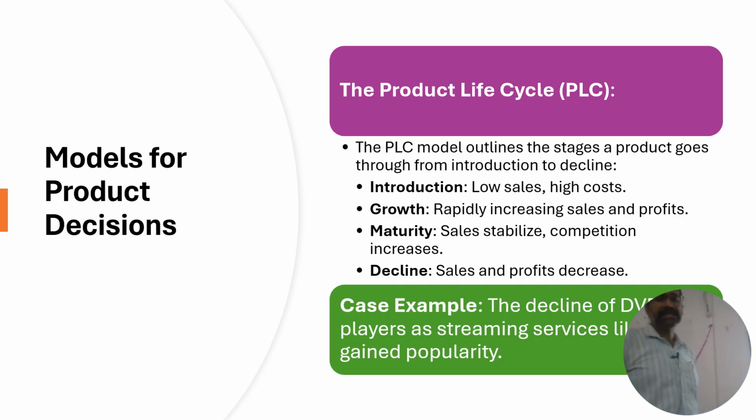So some of the models, boys and girls, we have some time, so let me talk about this. We talk about product life cycle, in simple words PLC. This is one of the most important models. Of course, the 7 P's of marketing are necessary. At the same time, if you want to develop a new product, you should be able to understand the product's life cycle. That's why we have NPD as well, new product development. Here we talk about the different stages of a product.